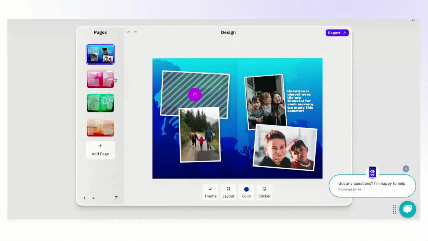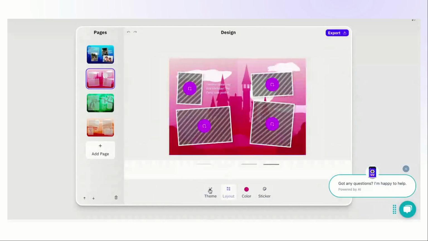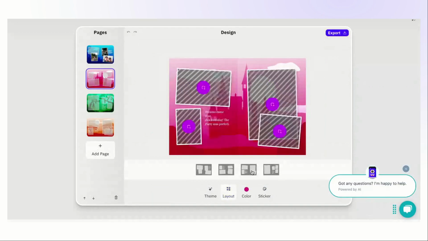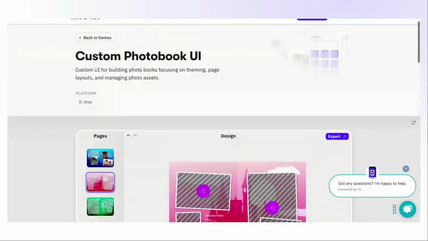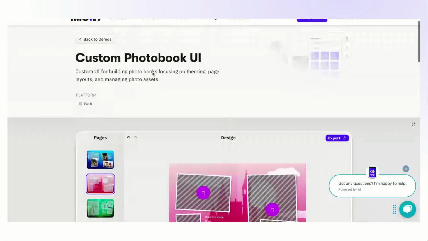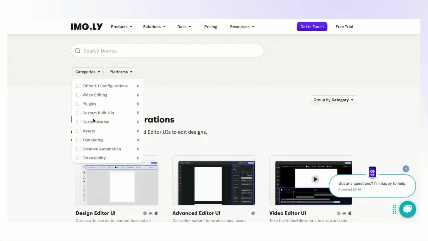It's a fairly simple UI. You just want to show a few templates and expose these controls. Nothing fancy. You want them to be able to choose between different layouts, pick a theme, a color, and a sticker, and that's it. So anything where a full-blown design editor would be too much, you can opt for something like this. And then, of course,